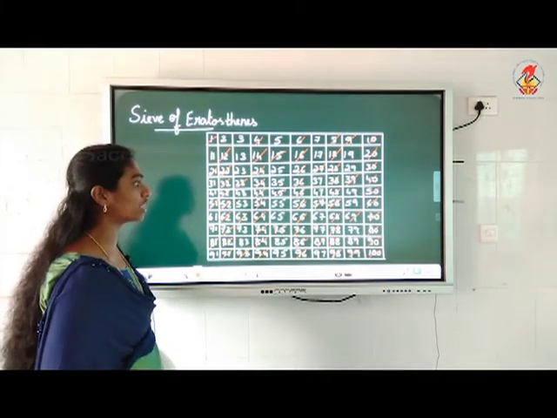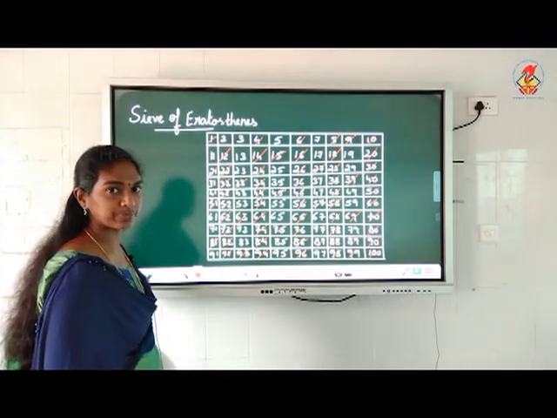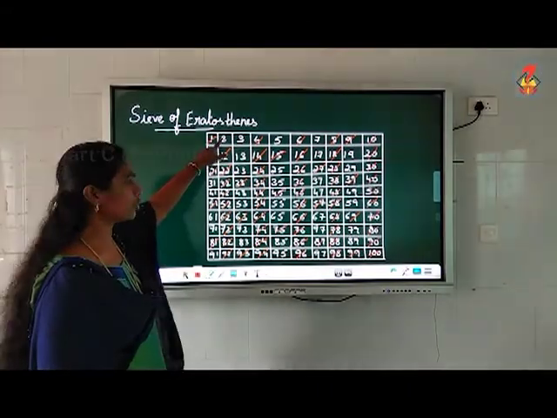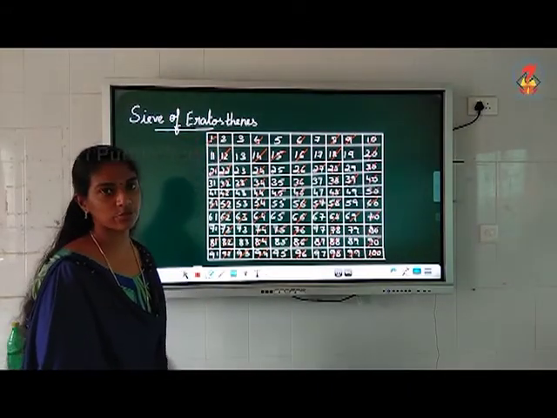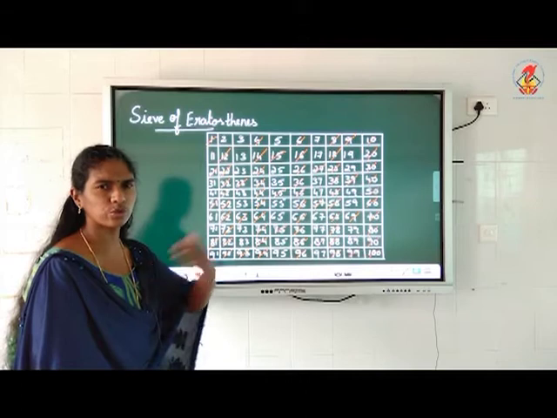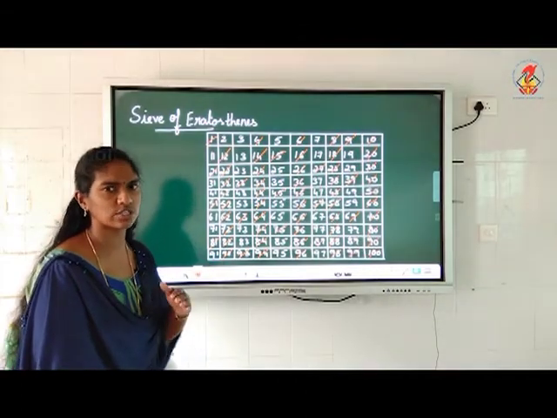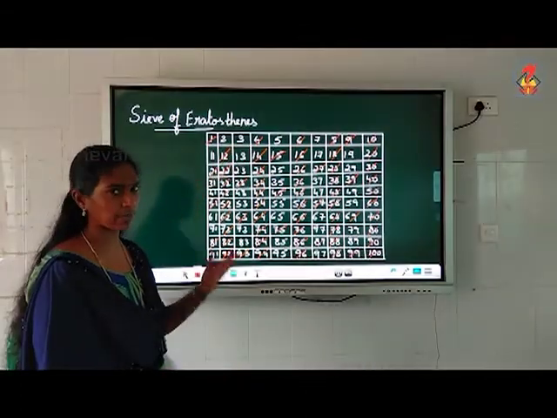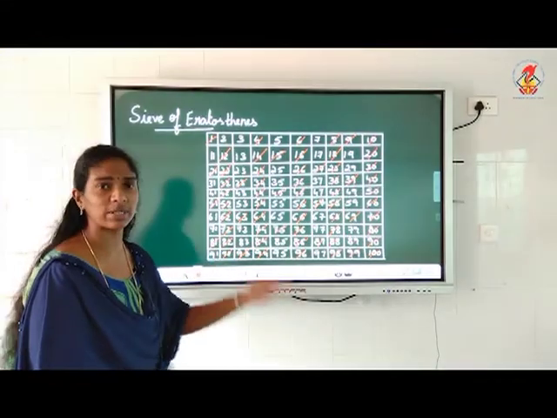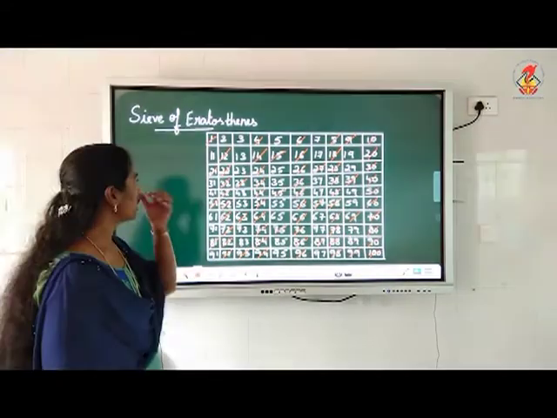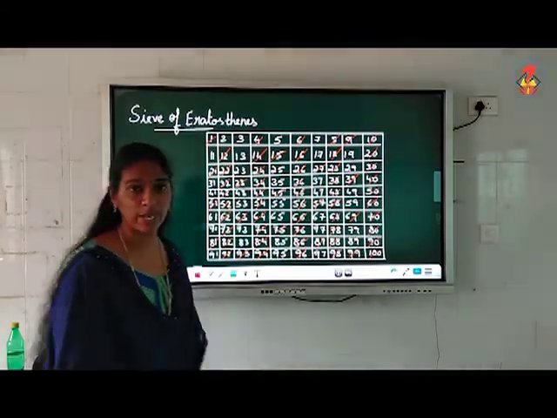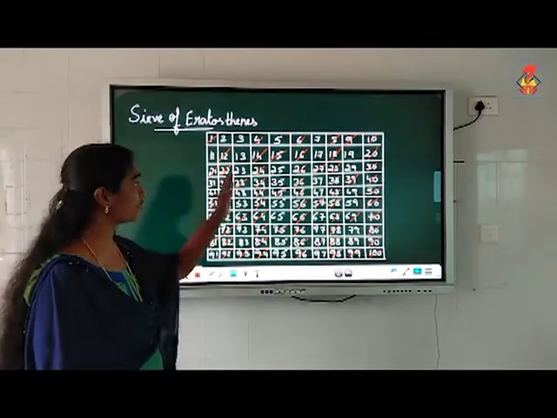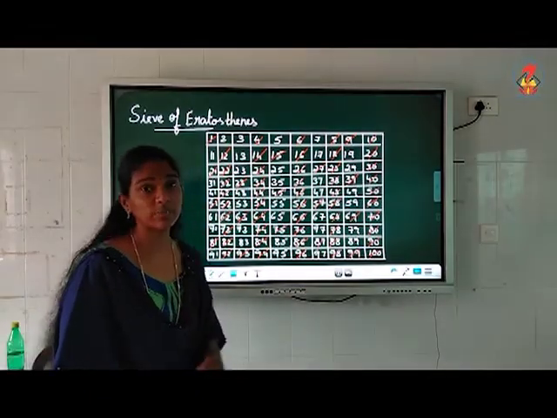So we have crossed out all the multiples of 3. Okay. First you took 2, you crossed out all the multiples of 2. Just skip count by 2, 2 each, you count and then cross it off. Then you took 3, 3 is a prime number, leave 3, cross out all the multiples of 3. Okay. Then next is 5. 5 is a prime number, yes. So leave 5, cross out all the multiples of 5.